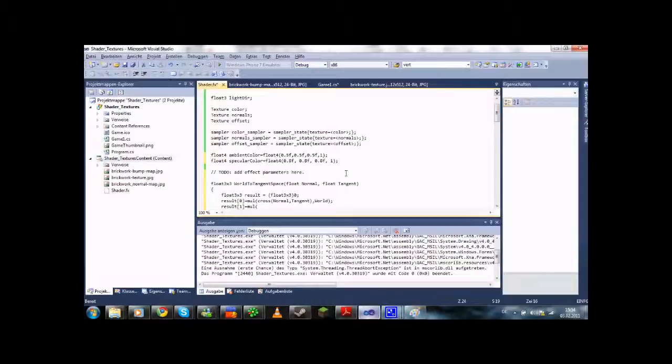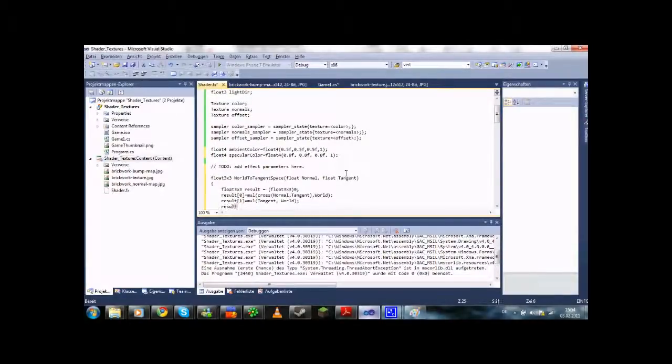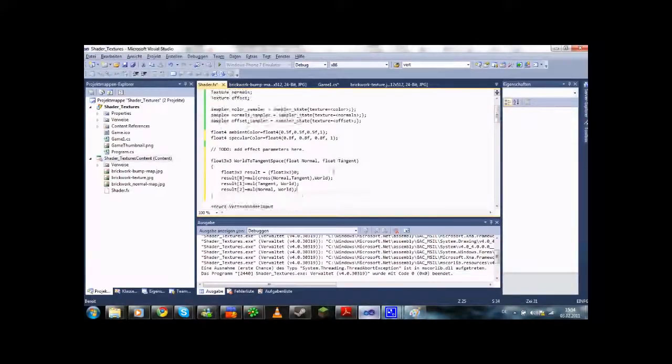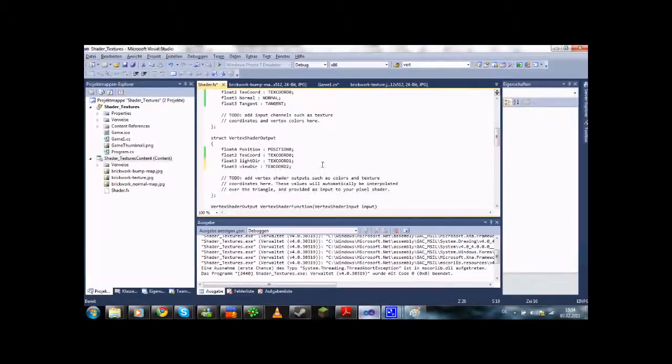Okay, good. So it's the tangent and the world matrix, and then this is the normal and world matrix. And if we multiply the resulting matrix with a vector, we will transform that vector into the tangent space of our vertex. So now we have